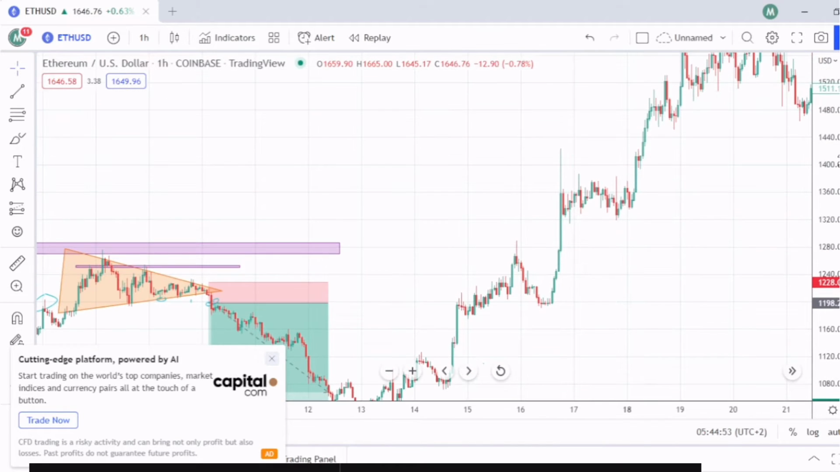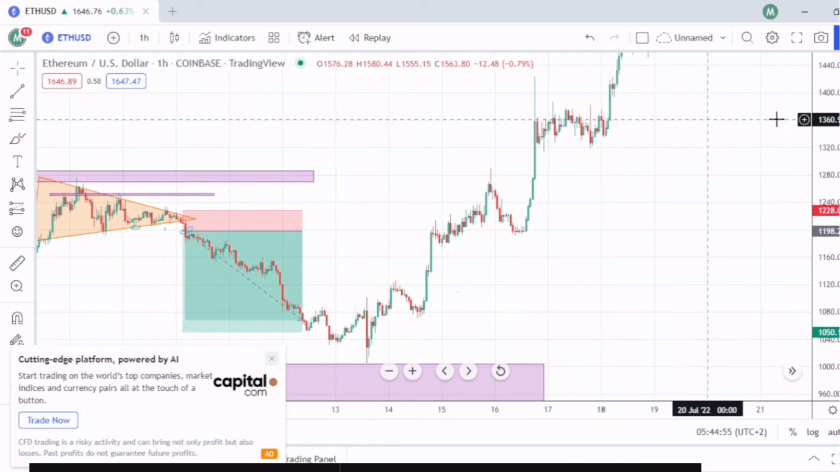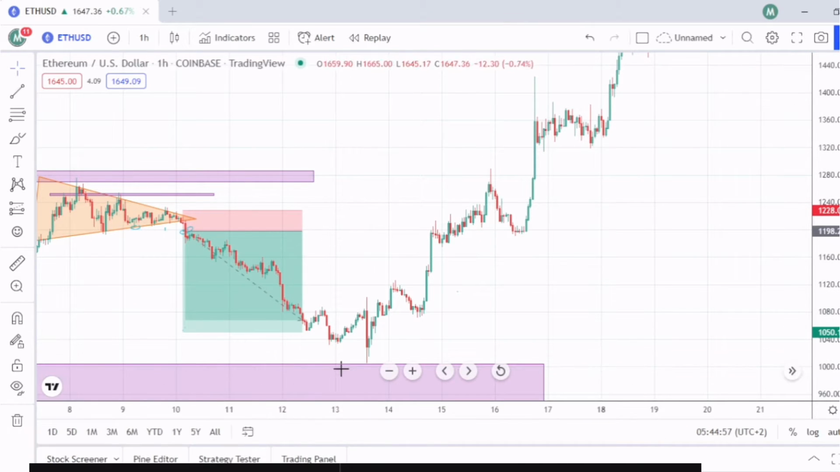So now the market starts sort of trending up. After that rejection of this demand zone, the market starts going up. So our first pullback, you've seen here, the market fell and the market started going up. So our first pullback,